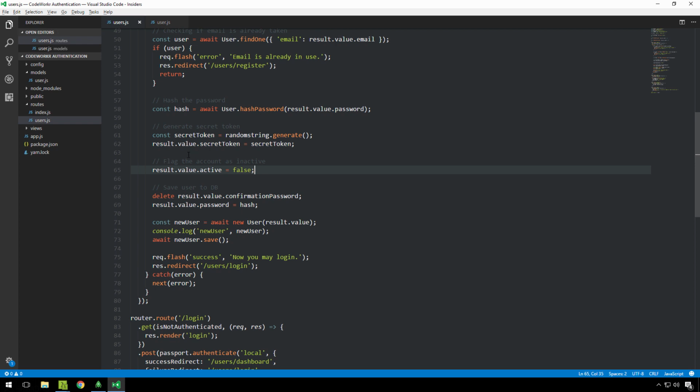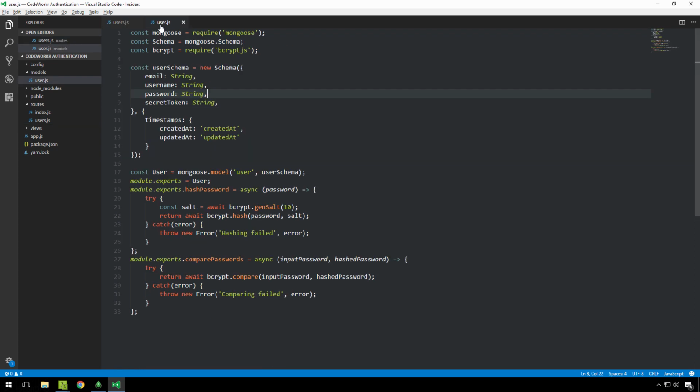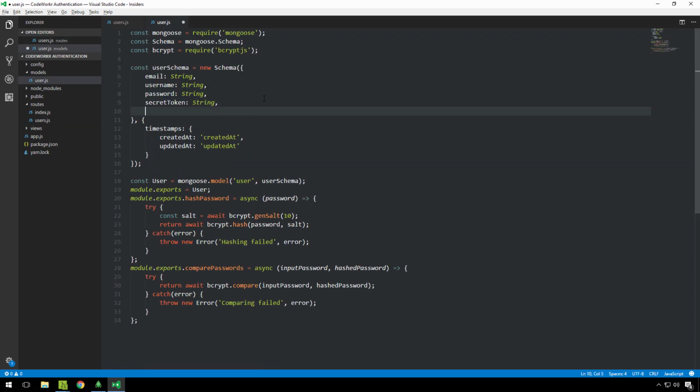Remember, whatever we append to this result.value, like this, like this, like this, is what will eventually go into the creation of the new user over here. But we also need to create a field for this active property inside of our model, so let's do that. So active, and it is going to be type boolean, like this. Okay,